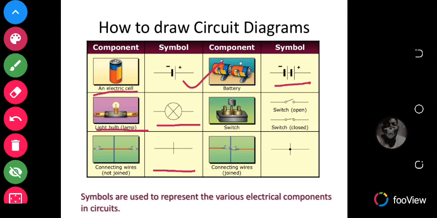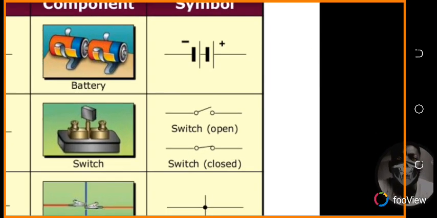For a switch, an open switch is drawn this way, and a closed switch is drawn this way. Now you realize that for a closed switch, this line actually touches the other line, but for an open switch, the line here opens, so it doesn't touch this part. Okay,